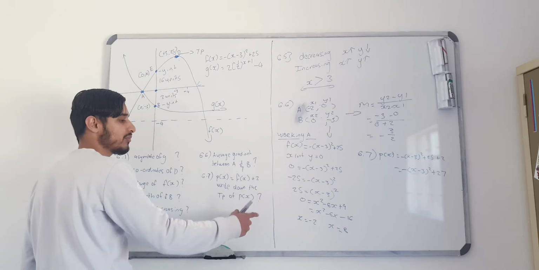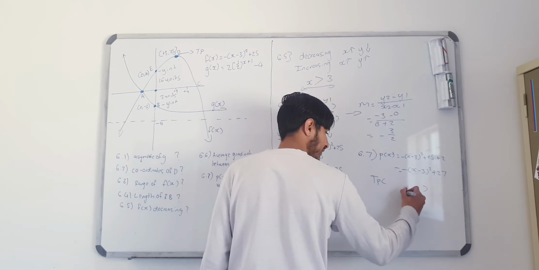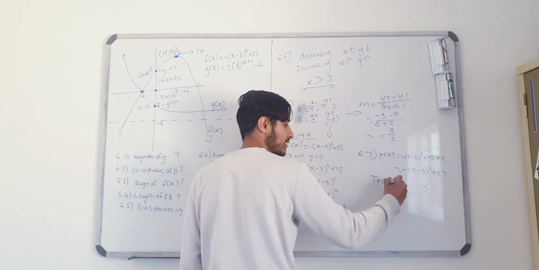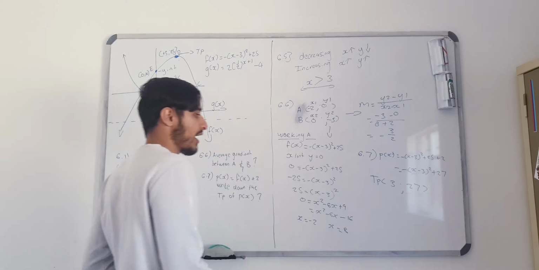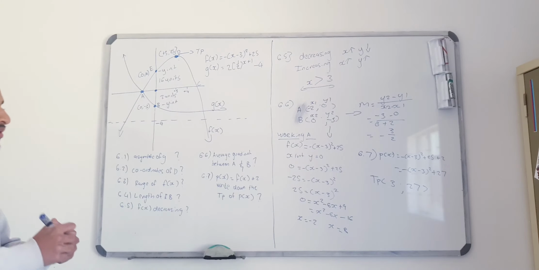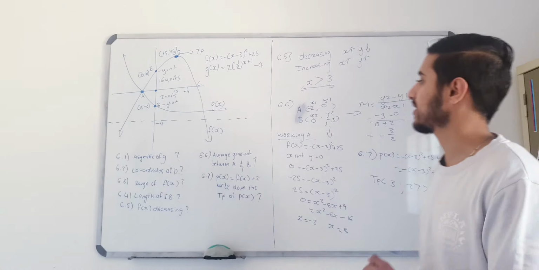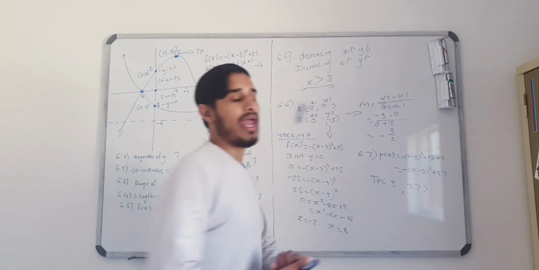Write down the turning point of p of x. So now you need to write the turning point of p of x. Isn't it going to be change the sign of p, like how we did in the previous one, so it's going to be 3 and the q value which is 27. So basically what they did there was shift the graph 2 units up. Lovely. So that's a revision question on graphs. Please ensure that you do the homework. And I hope